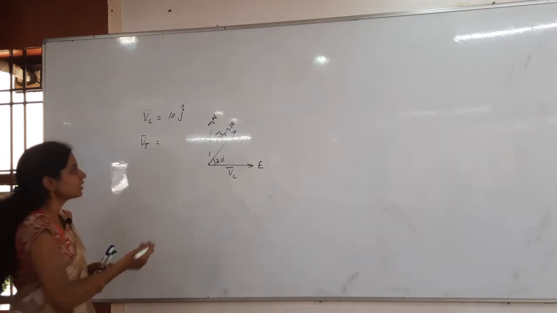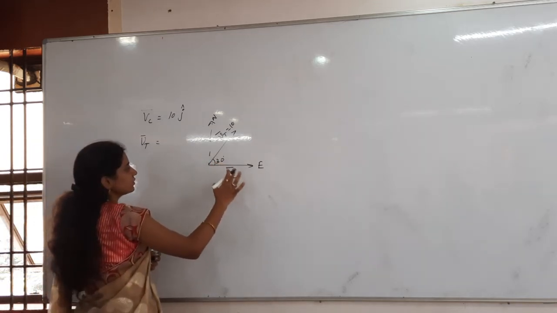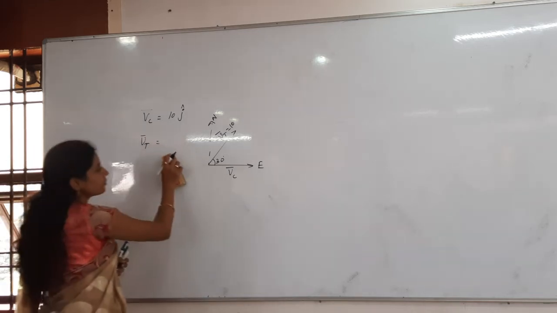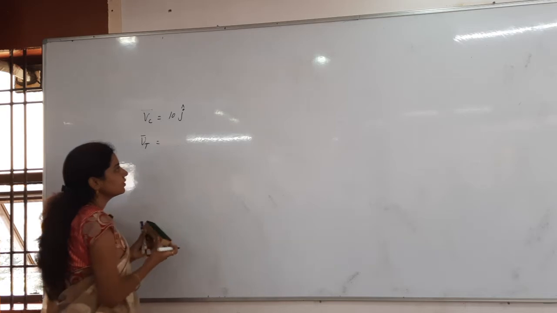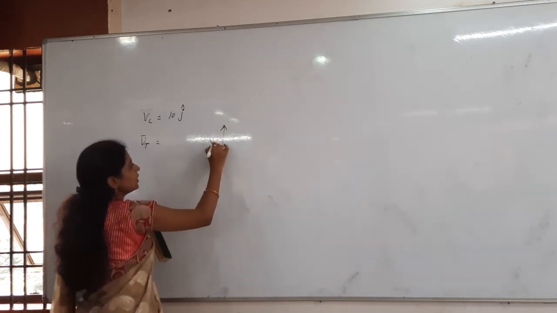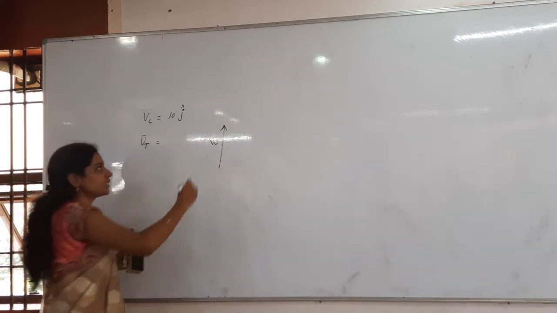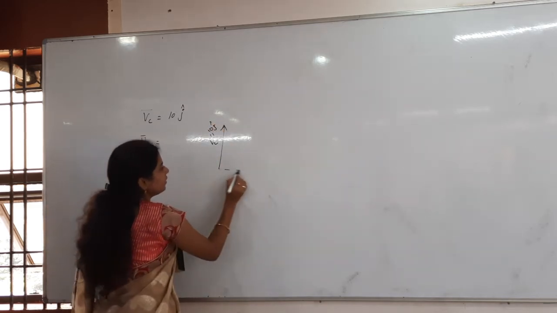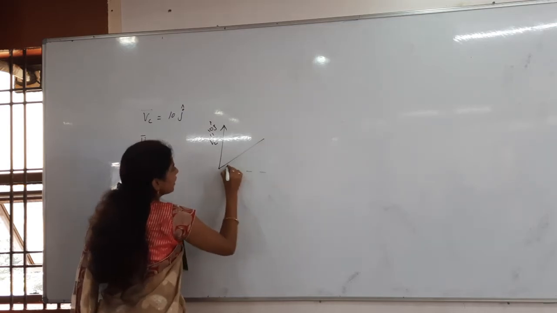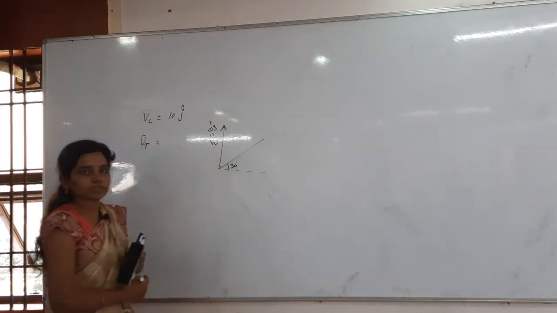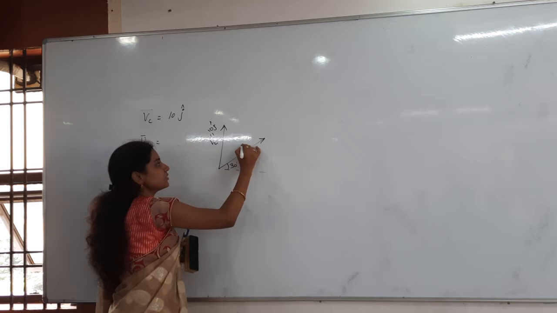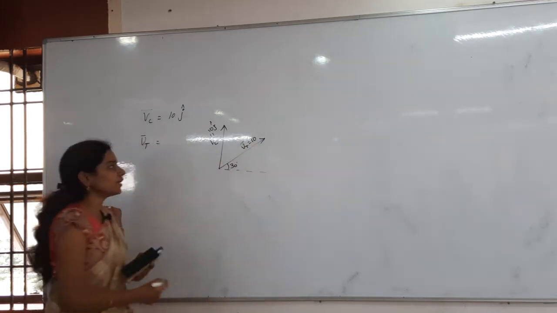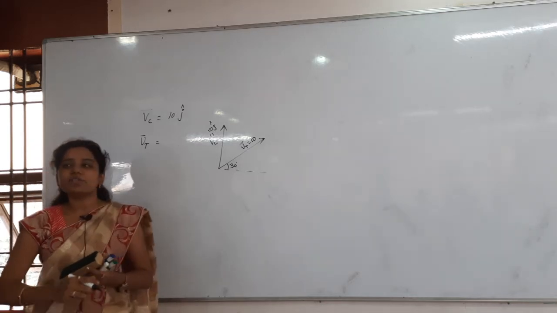Car is moving towards the north. I thought east. J cap now we have taken. Now the car is moving in this direction, VC. How much is that? VC is equal to 10 J cap. Then the truck is moving 30 degrees north of east like this. This is the velocity of the truck. How much is that also? 10 only. Then what you have to find out? The velocity of the car with respect to the truck.